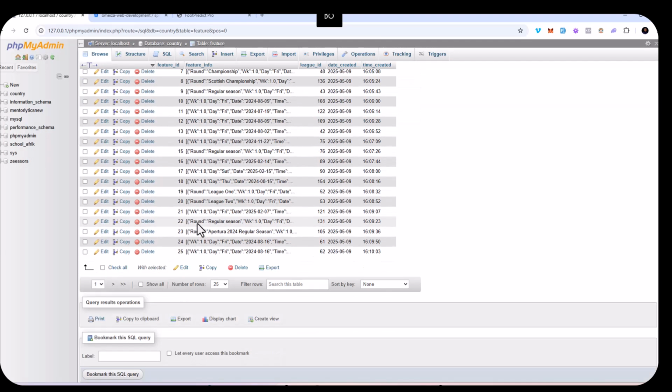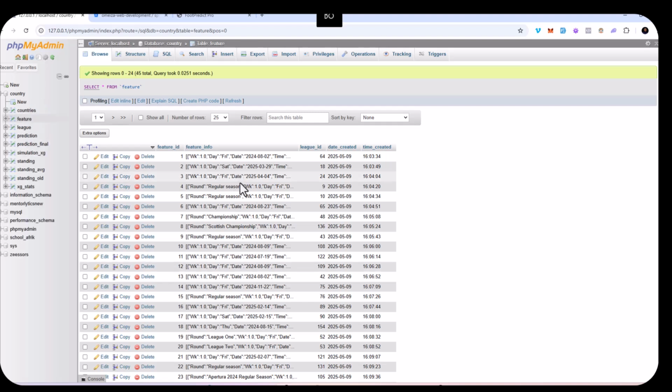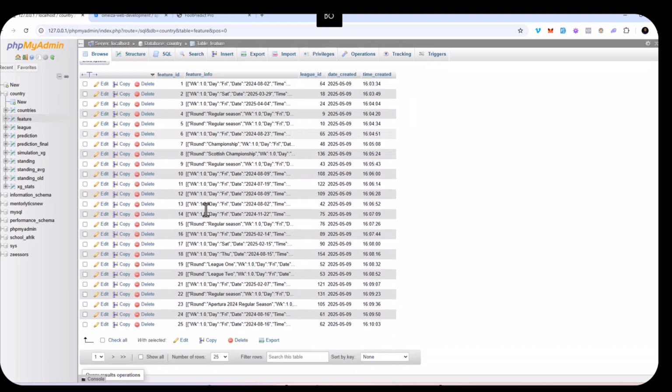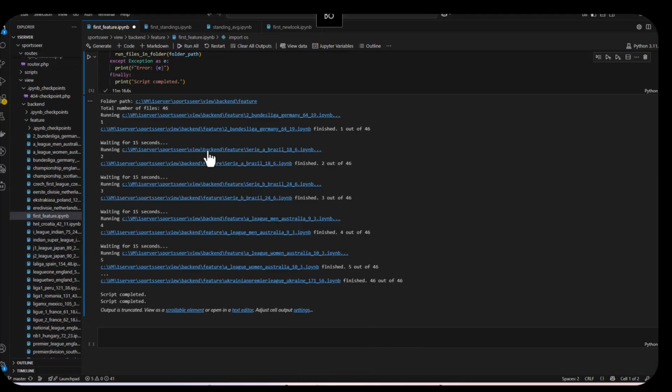So you can see all the features that we have. Everything's total is 46. That means there are some leagues that are not having features there, so we just keep that. So if we go back to the second one, which is